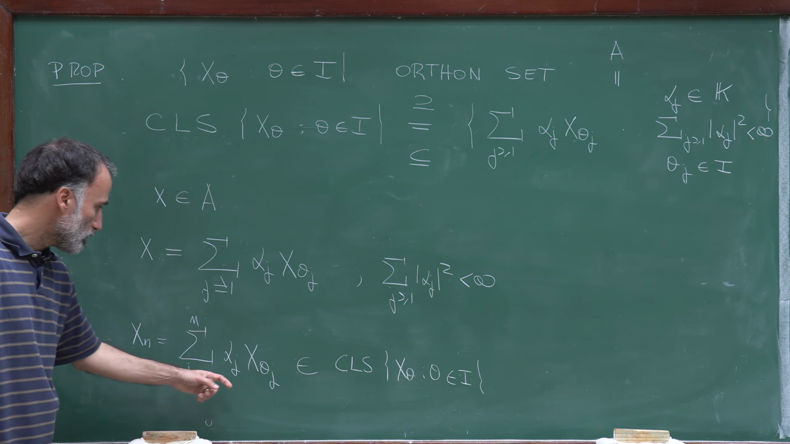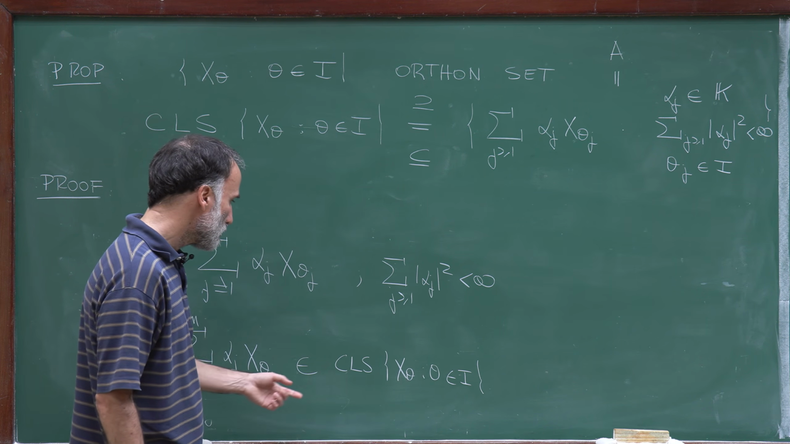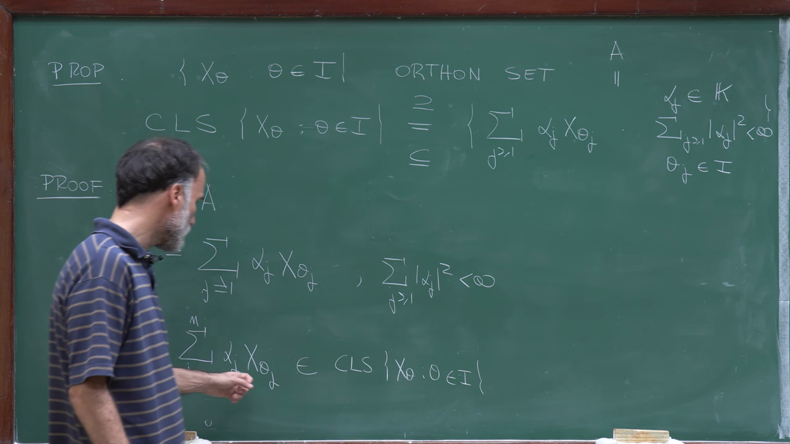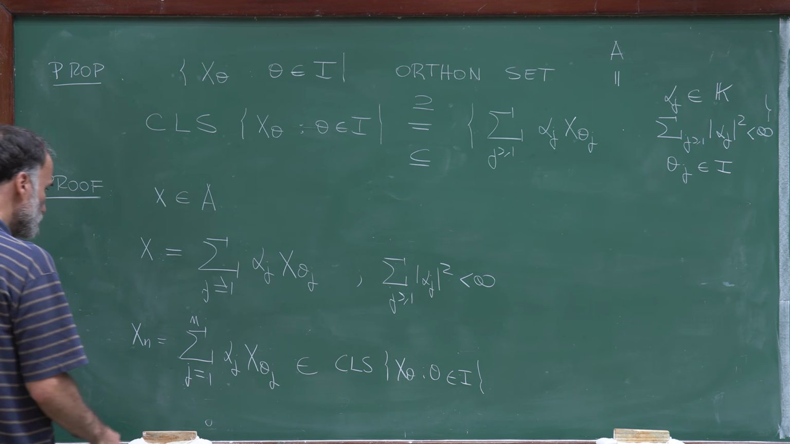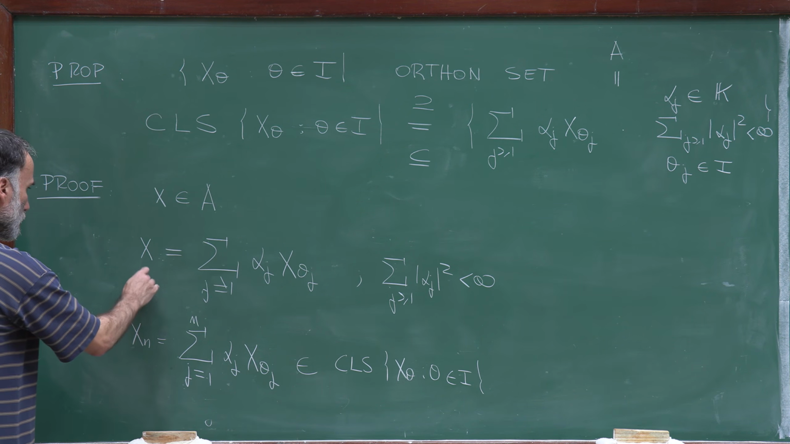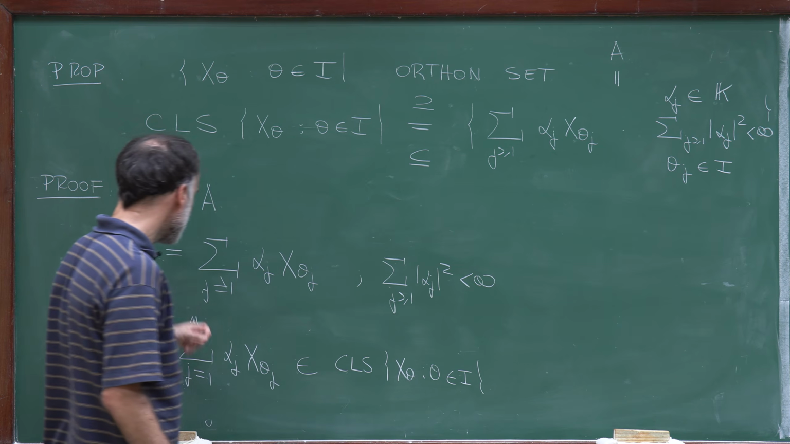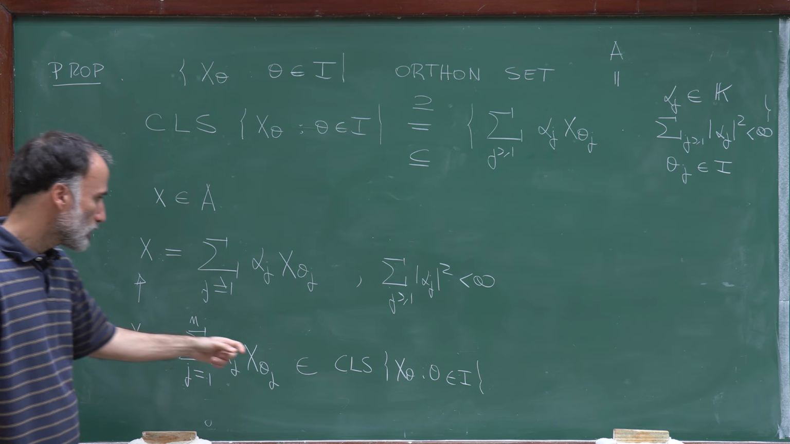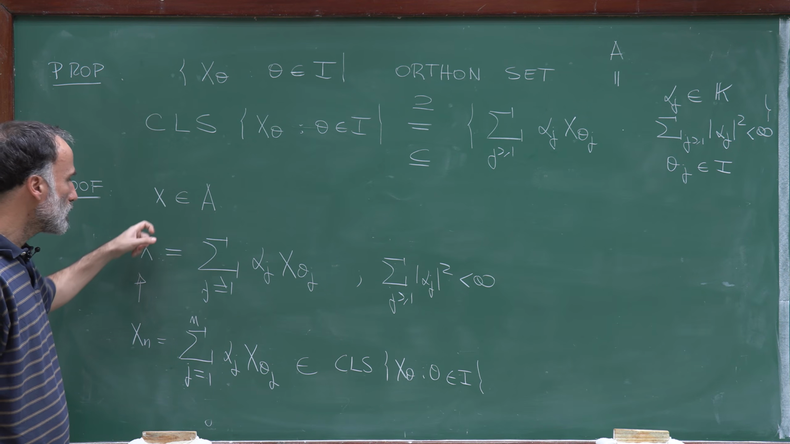These linear combinations of x theta must belong to the closed linear span because any linear set which contains x theta has to contain these finite linear combinations. And, well, we have seen, since the alpha j's are square summable, that xn converges to x. The partial sums converge to x. This is the definition of this element. Well, since the closed linear span is closed and contains xn, it has to contain x, and this proves that